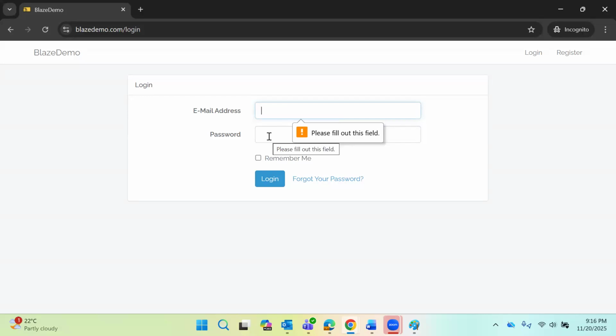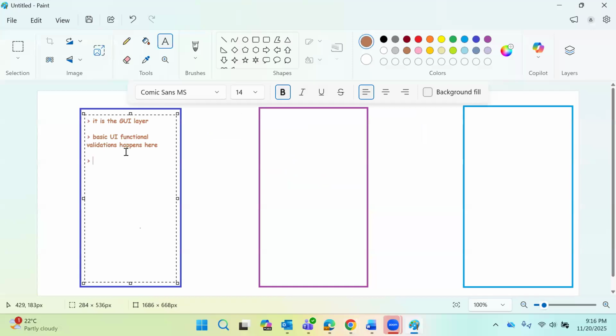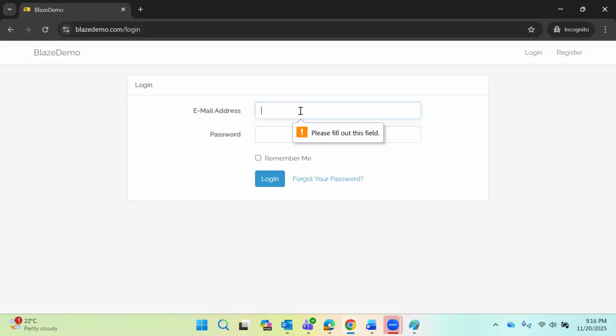I can only throw the error that one of the fields is empty. Please fill out this field. So when the developer uses this basic common sense and does the validations, that's when we say basic UI simple functional validations happen here. Now, when I enter an email address like abcd@gmail.com and maybe some password like abcd123, now